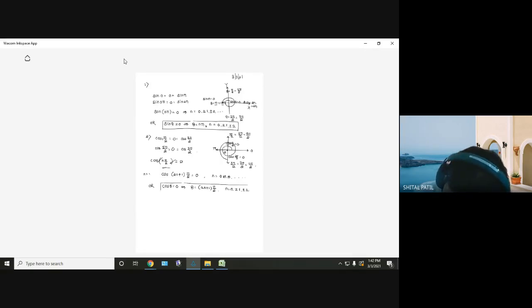Minus, if you take minus, the angle will be minus, and angle is minus means we have to move clockwise. I think everyone knows this. अच्छा चलो इसको भी लिखो.